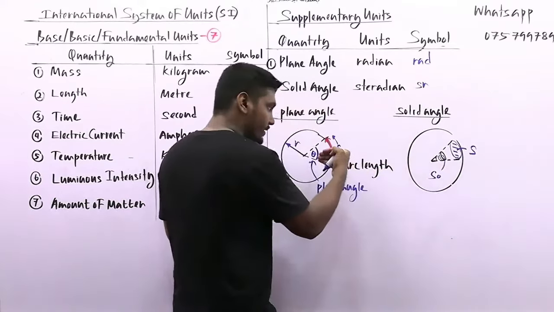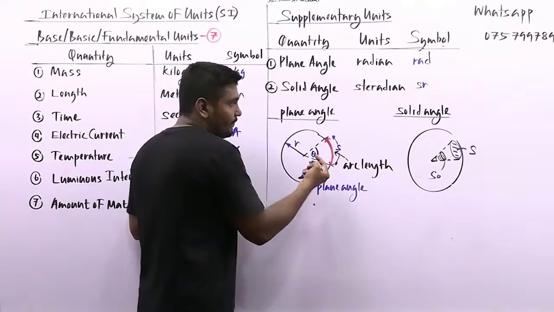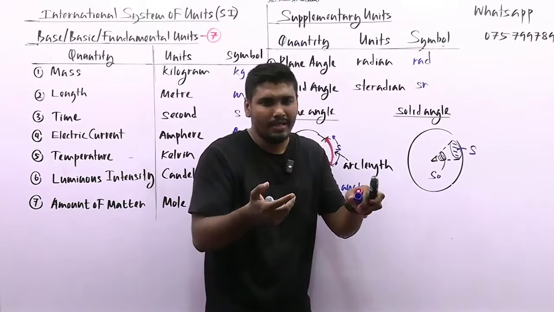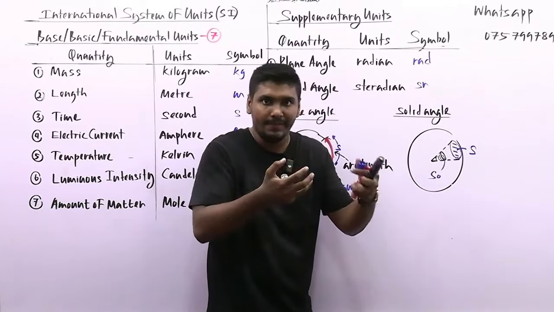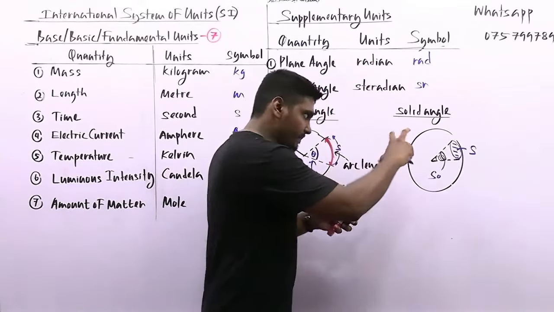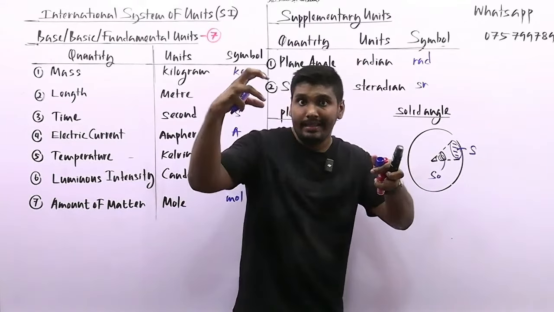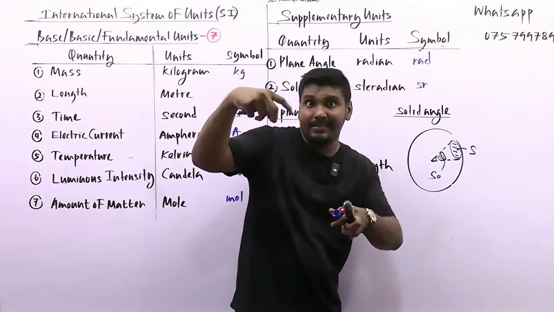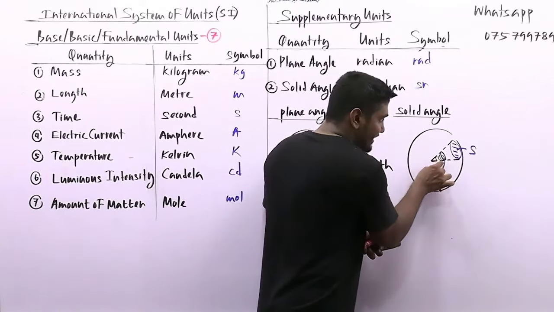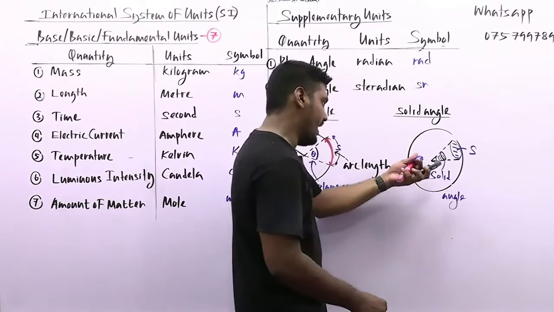Remember, plane angle is a different story. In all levels of your geometry, the angles are plane angles. But the solid angle idea you never learned in O levels, and we are not learning it in A levels either. Just remember there are two supplementary units, one is plane angle, the other is solid angle, with units radian and steradian. Roughly, when you consider capital S area on the surface of a sphere, the angle obtained by that surface at the center is the solid angle. It's not a 2D angle, it's a 3D angle. For additional knowledge, you can write this down.